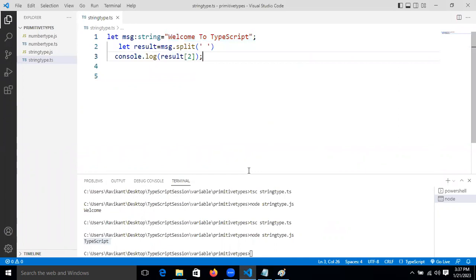Now, so here the split method is converting the things. The split function is converting our